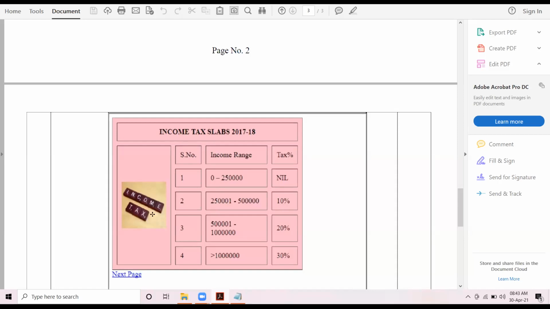Because the first cell of every row is already merged here. So we are left with 3 cells in every row. Clear? So let us create another row.